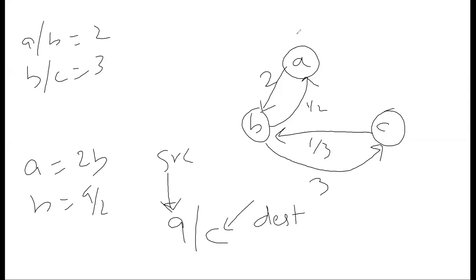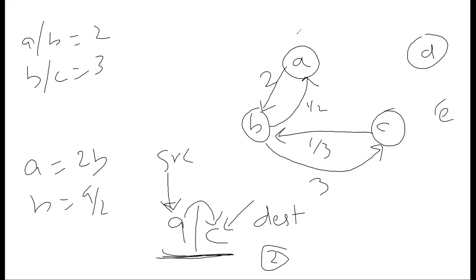right? There are two things. One is finding the value, and second is whether this relation can be achieved or not. So if there is a path from A to C, that means it can be achieved, right? But if there is no path, suppose there's another one, which is D, which is not having any relation with anything. It's just there, or any other variable for that matter. That means we can never reach. So anywhere you have DFS, BFS, whatever you do, you'll never be able to reach D and E. So that means that equation is not possible.